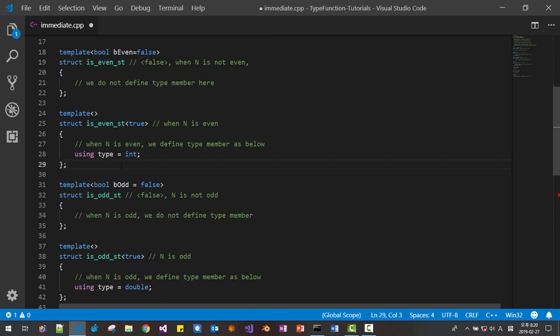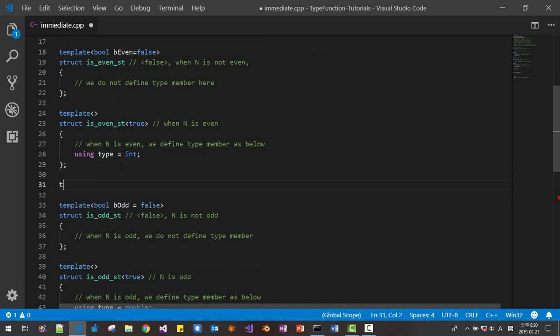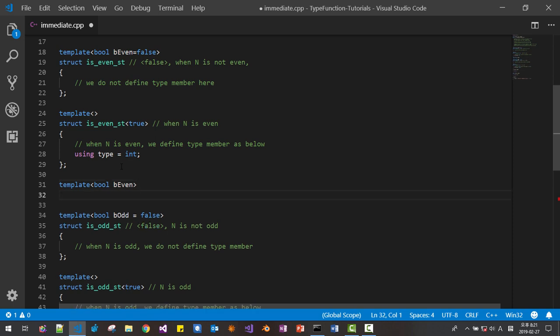Now we make some type functions here like this: template bool b, even, using is_even_t. We copy this function, is_even_st type. We have to prepend typename here, like this.